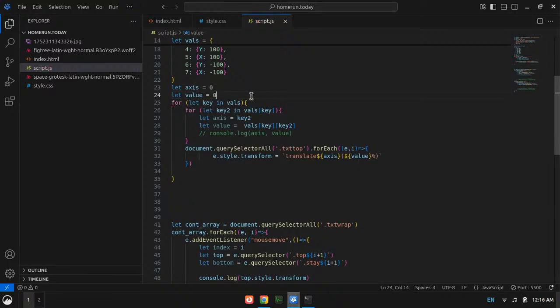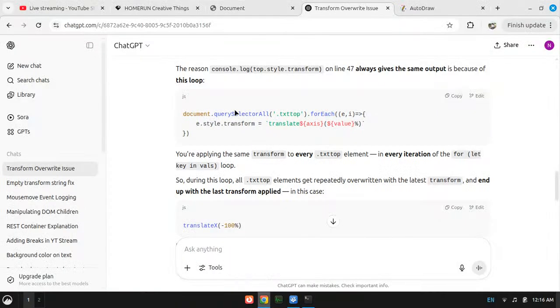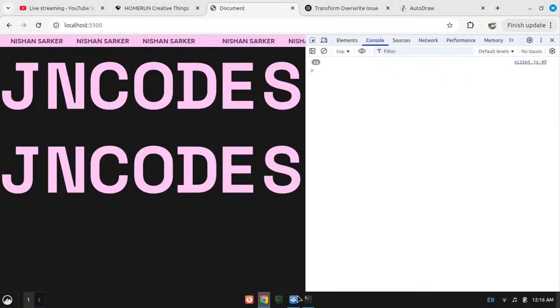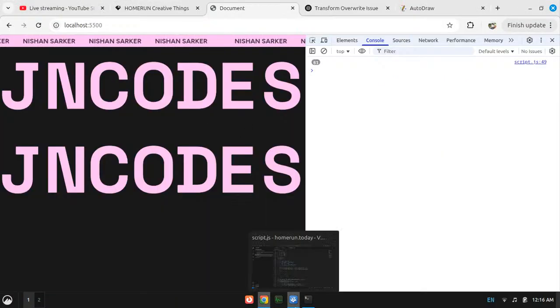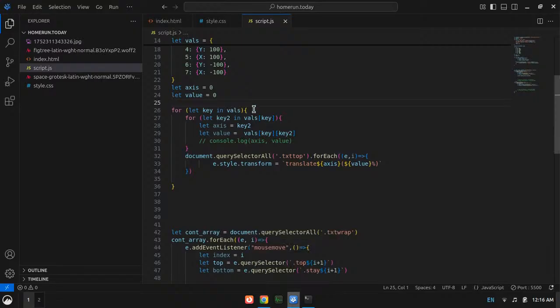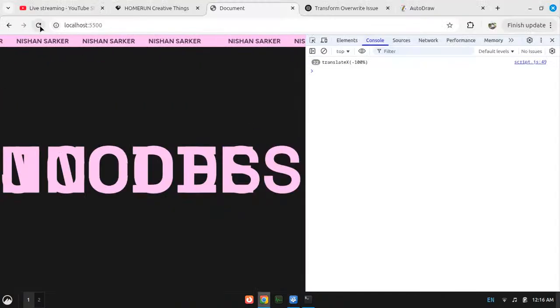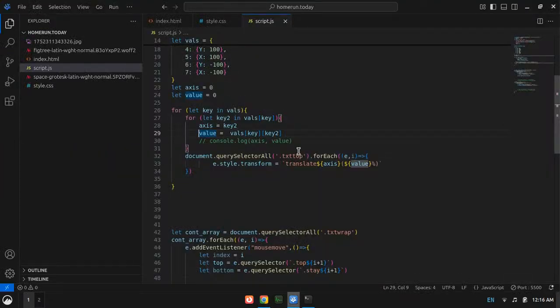Now I think I should see it perfectly. No, not at all. Why? Oh, I need to declare only axis, only value. Now it is still there.